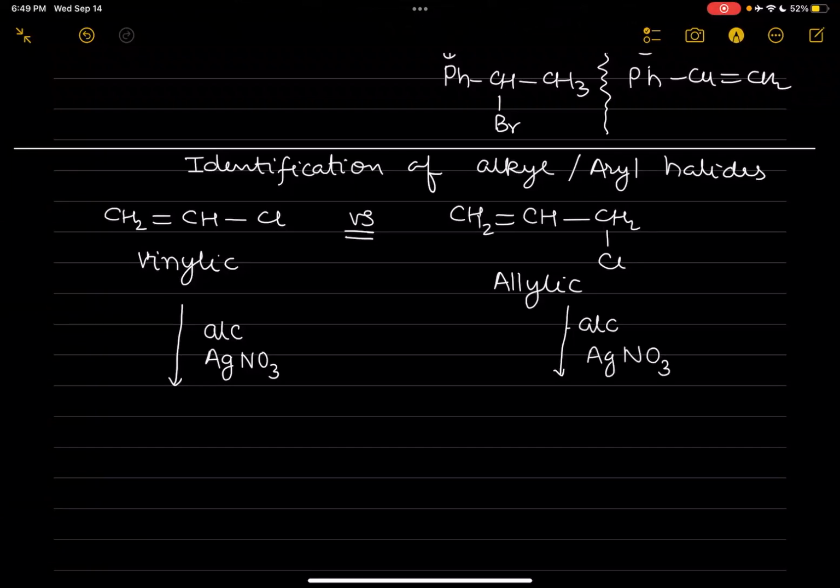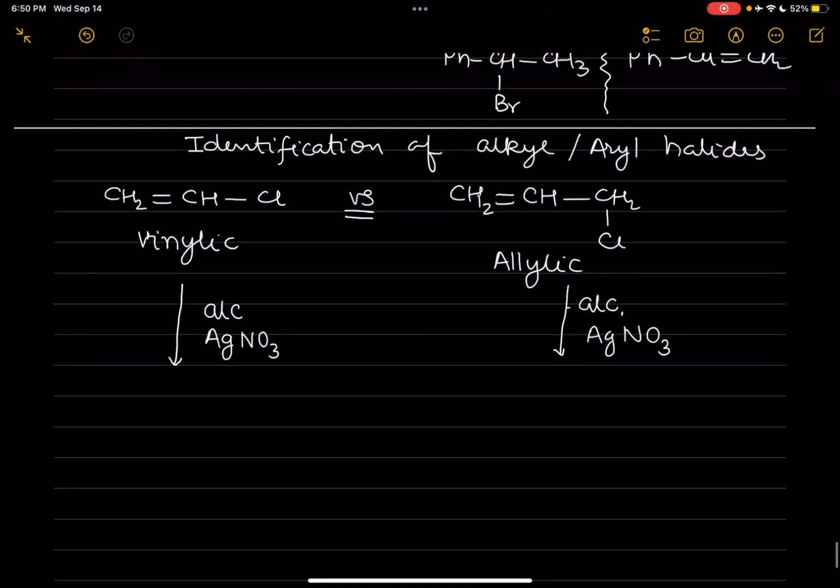This will be used in many chapters, in organic chemistry and inorganic also. So be careful about this, right? Okay. So with alcoholic AgNO3, what happens is